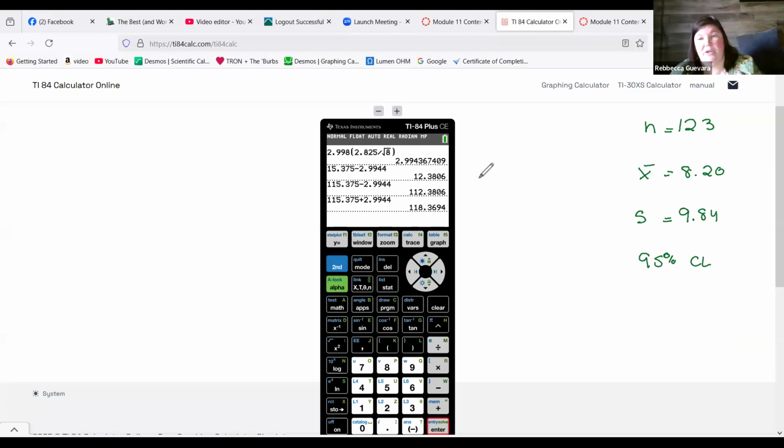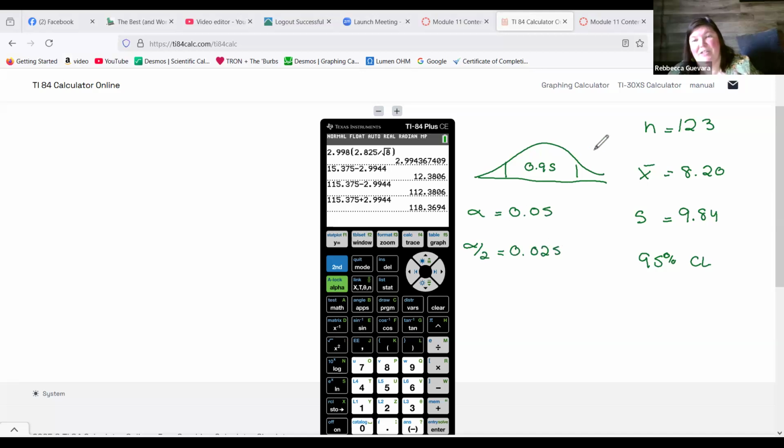So as a reminder, we are looking for 95%. So alpha is the 5% that's left over. Half of alpha is going to be the 2.5% left over. So that's what's in this tail here. So we are looking for T 0.025 for a degree of freedom of not 123, but 122. So one less than my sample size here. So that T-score,